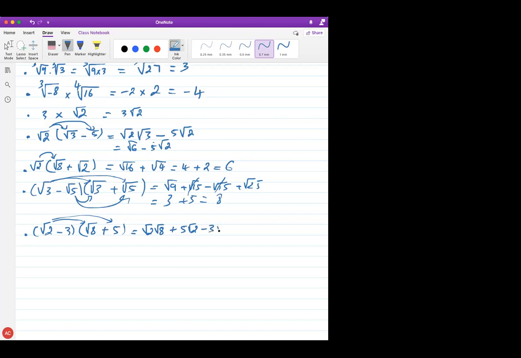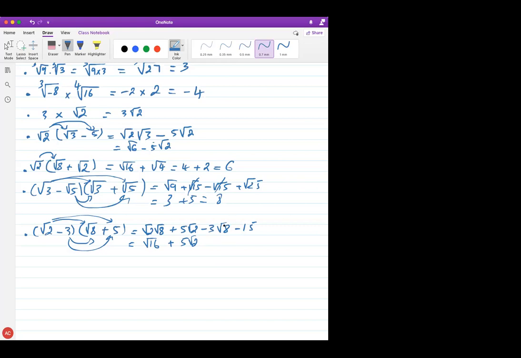That's right, negative 3 times radical 8. Again, this one doesn't have a radical. We basically write them next to each other. And then negative 15, that's right. Don't forget to simplify. So this is radical 16 plus 5 square root of 2, minus 3 times